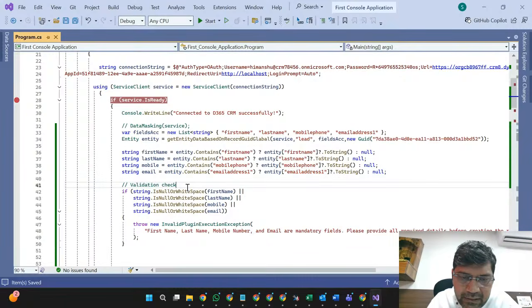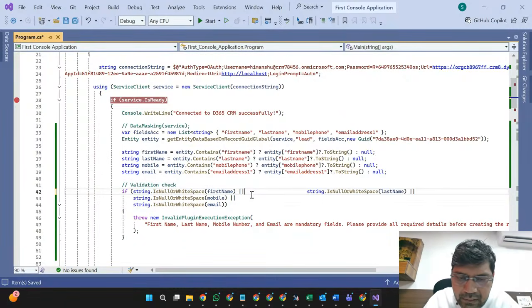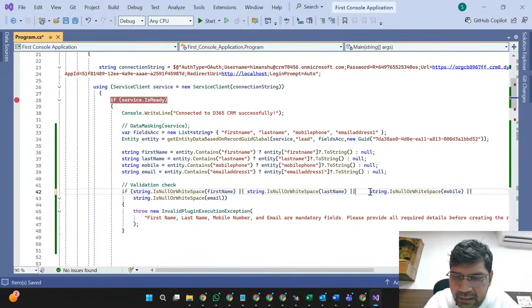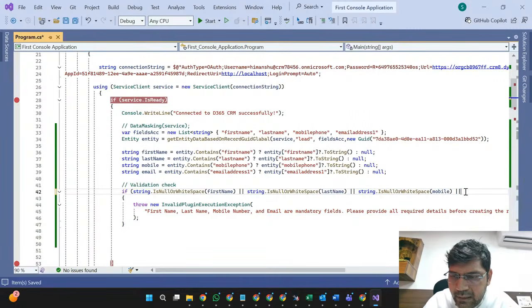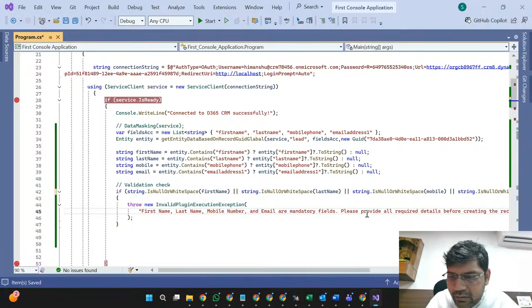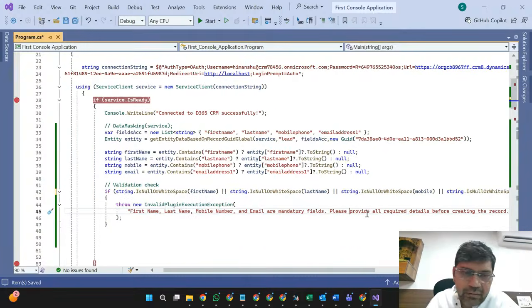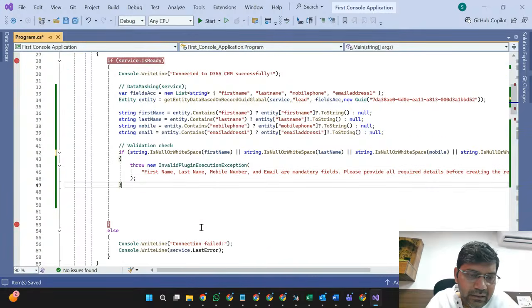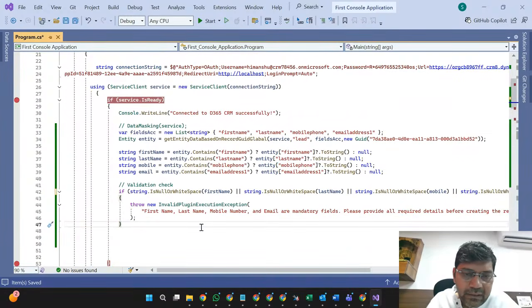In the validation check, if any of those parameters is null, then we have to show an alert or error message: first name, last name, mobile number, email ID are mandatory. Please provide all the required information before creating the record. This is the pre-validation message we have to check.